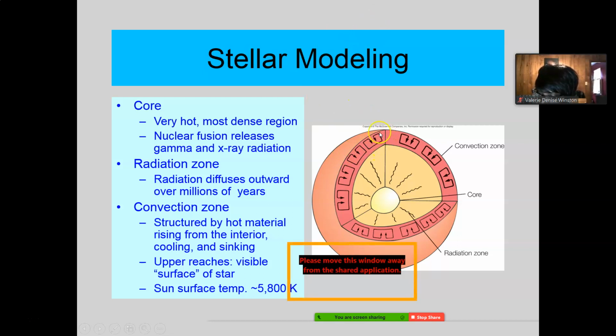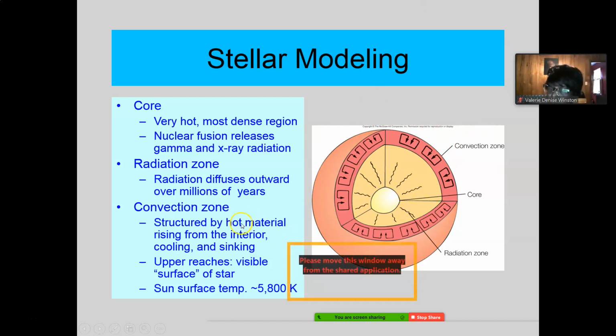The hotter radiation is moving up, cooling off, and coming back down. This is the convection zone. That's the outermost skin or surface of the star. The star really doesn't have a surface because it's all a gas. It's a mass of gases. But the outermost layer, that's why it has the spherical shape, because that's the convection zone.